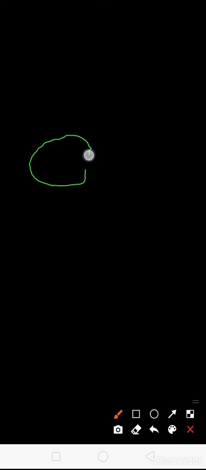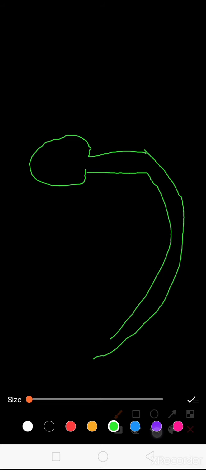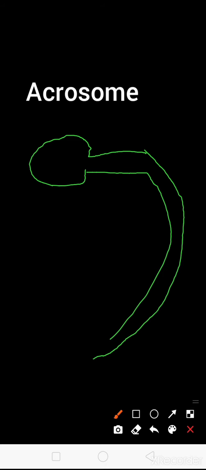This is the plasma membrane of the spermatid, which is transformed like this, and it looks like this. You could recall the structure of sperm. So the plasma membrane forms the structure like this, and the Golgi body of that very spermatid forms the acrosome